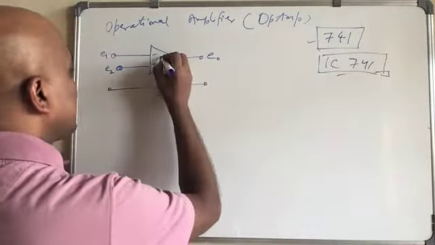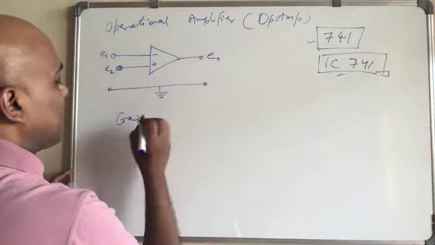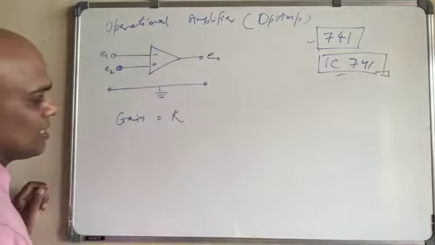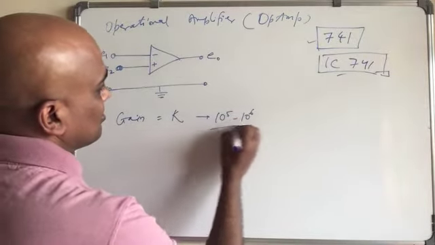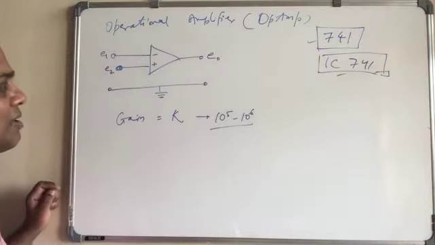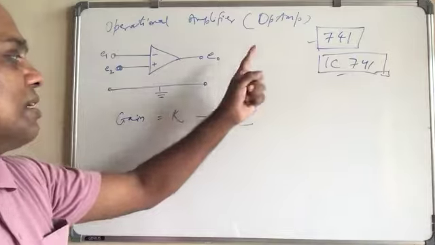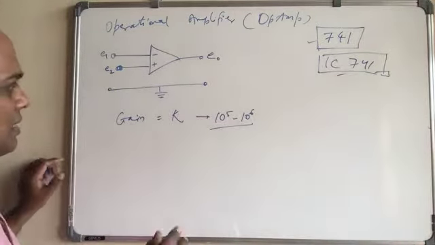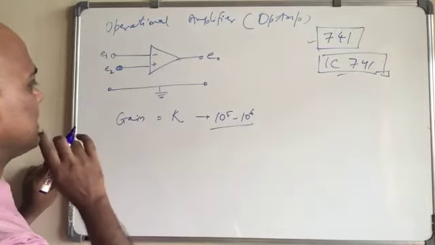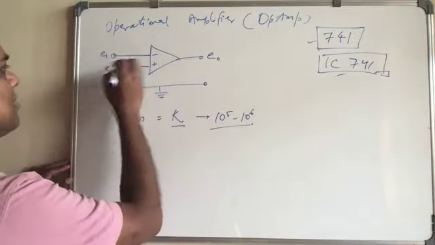So the first thing is a gain, or amplification factor. The K will be of the order of 10 to the 5 to 10 to the 6. Just think about it: you are inputting 1 and outputting 10 to the power 5 or 6. This is a huge amplification. That's one thing. The second thing is how this K is related to the input and output.